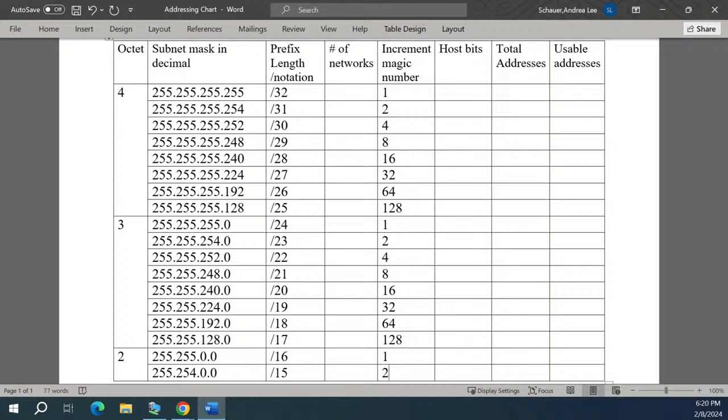So just get that plugged in. So where does the magic number come from? Where does that increment come from? It's where the last network bit lies, right? So if we're looking at this one, 254, first of all, what octet is it in? It's in the 4th octet, and if we bit out 254,